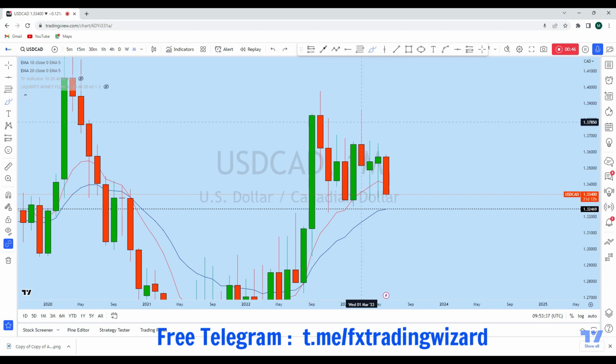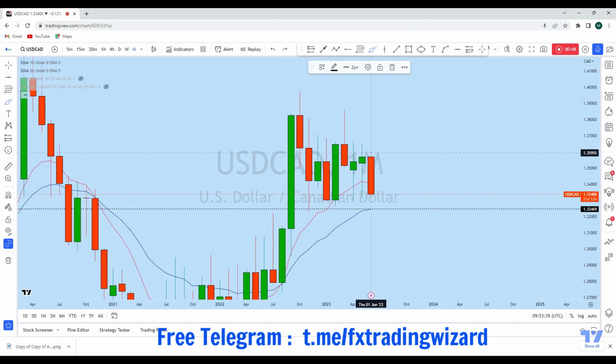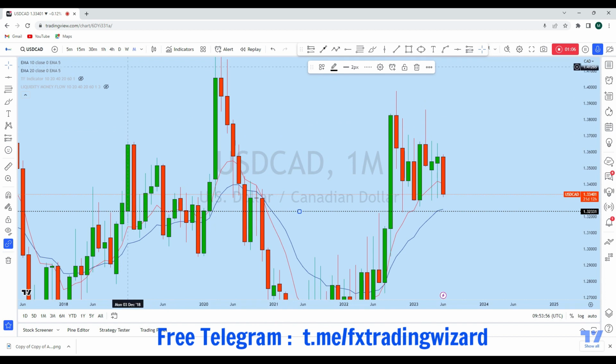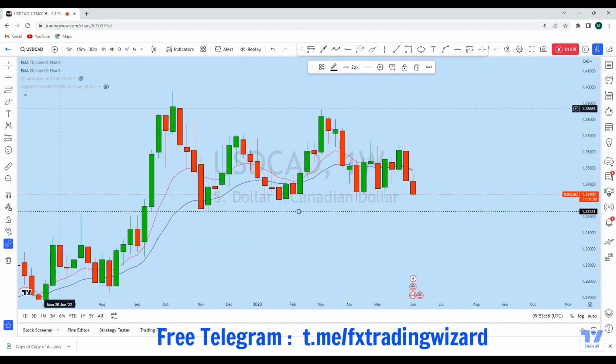As soon as this market opened this month, we have seen an immediate rejection from this resistance zone, giving a very high probability for USD CAD to drop to this monthly 20 EMA or even break this previous support level along this area. Now, if we look at the weekly time frame on dollar CAD,